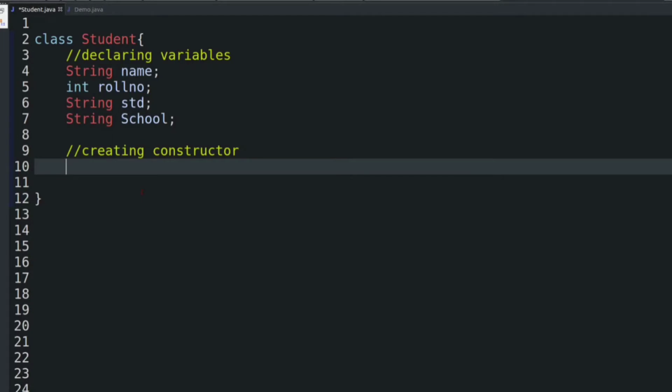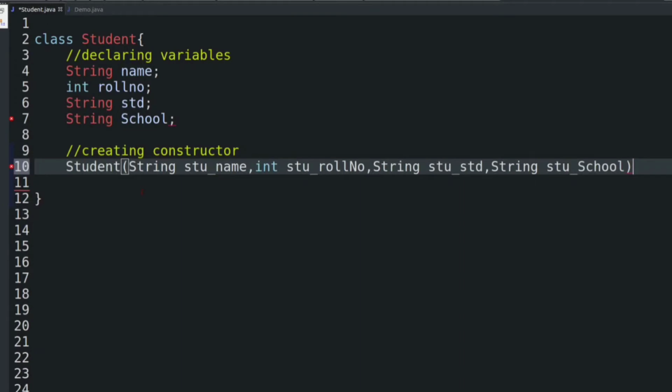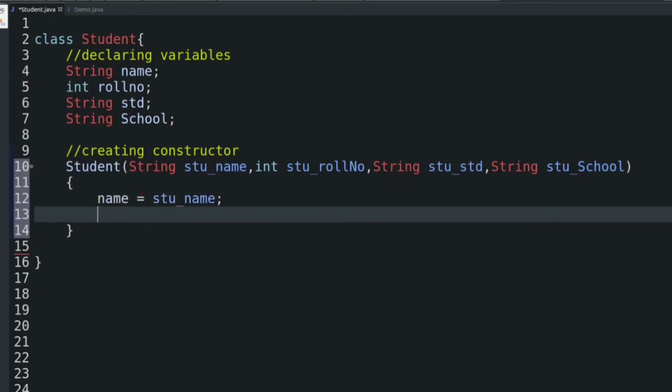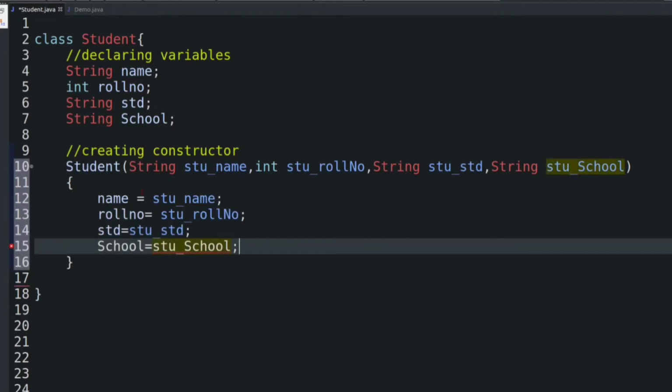Okay, so we can write like this, Student, String studentName, and then int studentRollNumber, and here name equals studentName, then rollNumber equals studentRollNumber. Okay, in this way we can create a constructor.